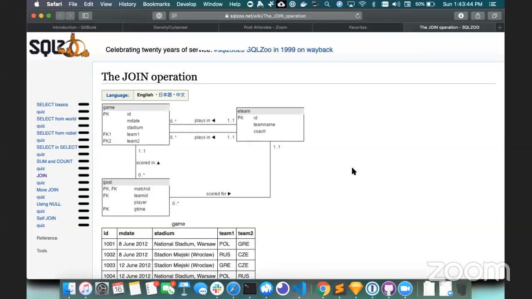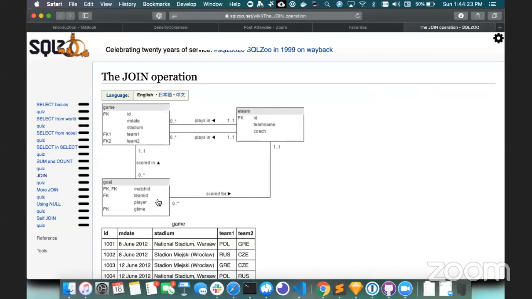Okay, so they have a diagram of these three tables, and goal has match ID, which refers to game. Very confusing. And the notation here is a very weird one. This means one to many. So it's the two bars on this side and the fork with the circle on this side, if you do full crow's foot. And what that means is that every single